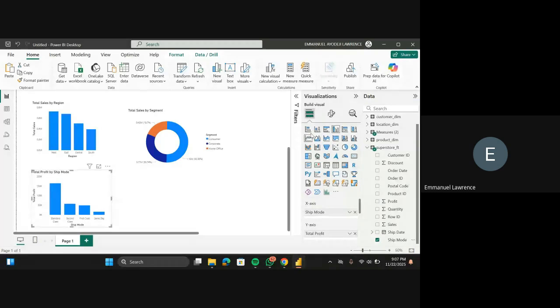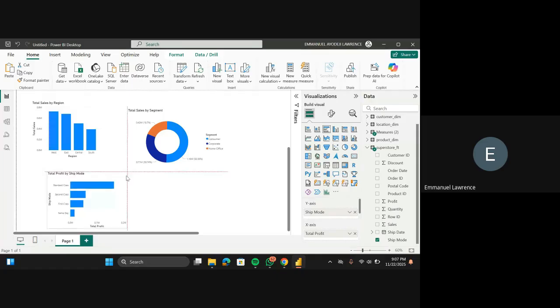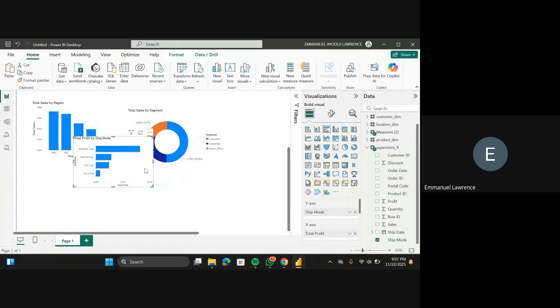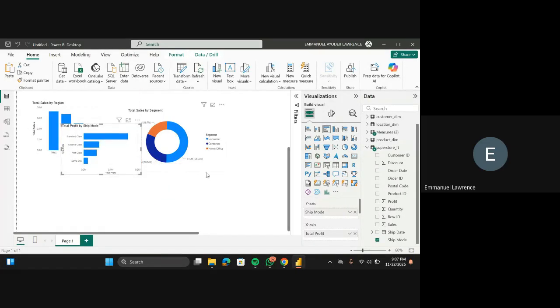So now, okay, this is another one. Easy to understand. So I can use a bar chart for this. I can use a column chart or a bar chart. So far, I can understand what the chart is trying to say. We are still going to break everything down. So now, let's create a line chart also. I'm just trying to bring out all the charts first before I start going to the dashboard design and everything.